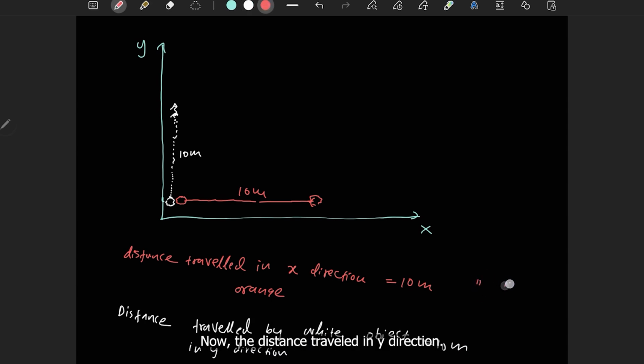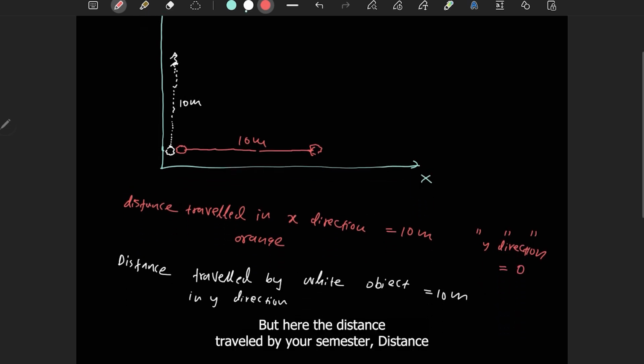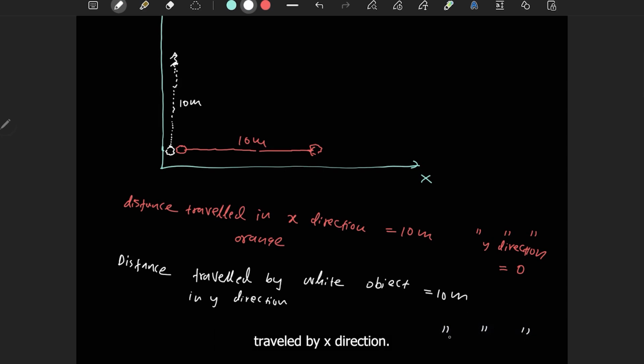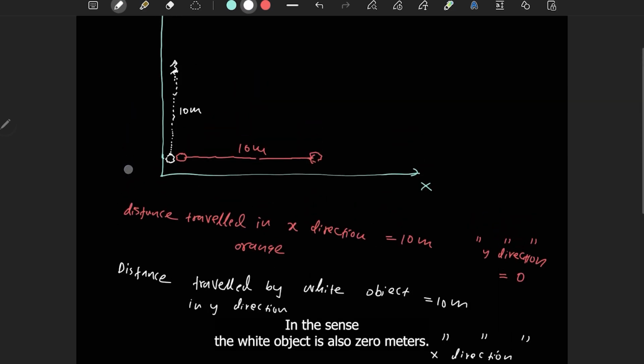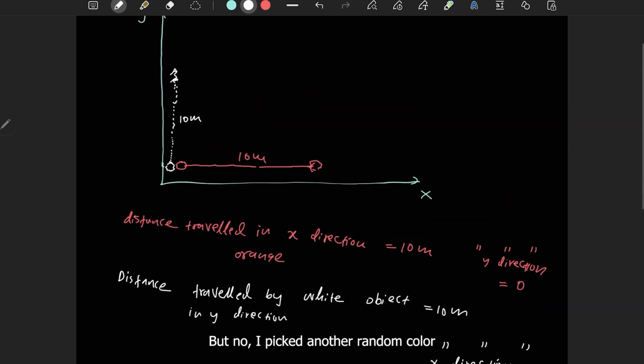Now the distance traveled in y direction by the same orange color object is 0. And the same for the white object: the distance traveled in x direction is also 0 meters. But now